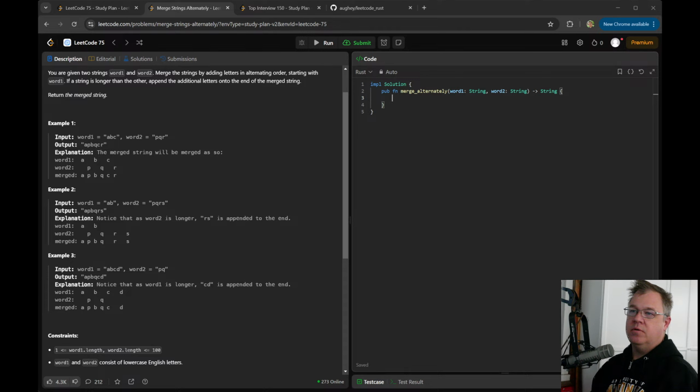Interleaved equal from fn, and we're going to move. These are going to be mutable here as well. So let's do this. Word 1, word 2. Just curious how we, yeah.